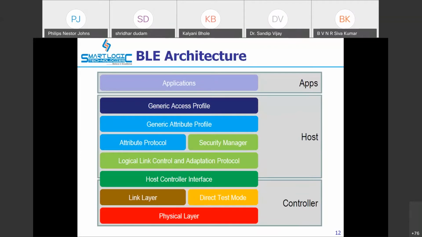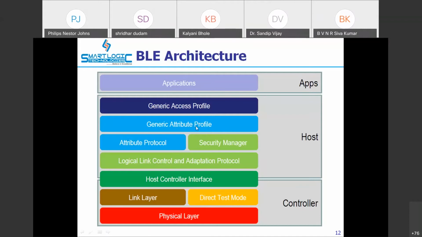If you look at how it is implemented on your wearable devices, the physical layer, the link layer, the direct test mode and the host controller interface are implemented in a controller. There are special ICs which take care of this. Then the host, the device you connect with that BLE device, takes care of all the security management and profiles.